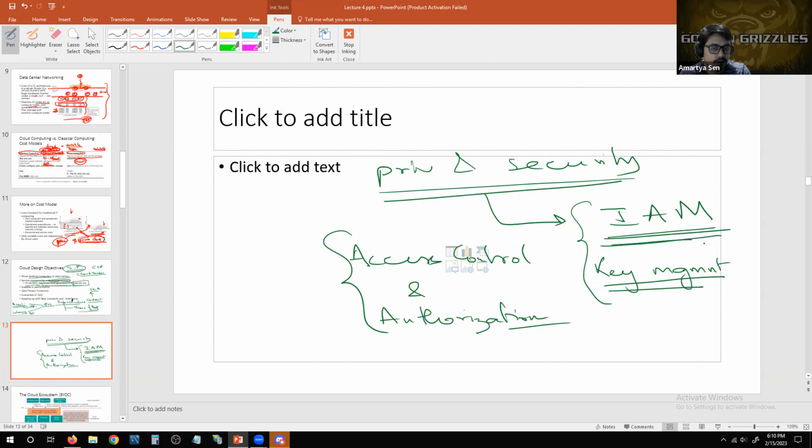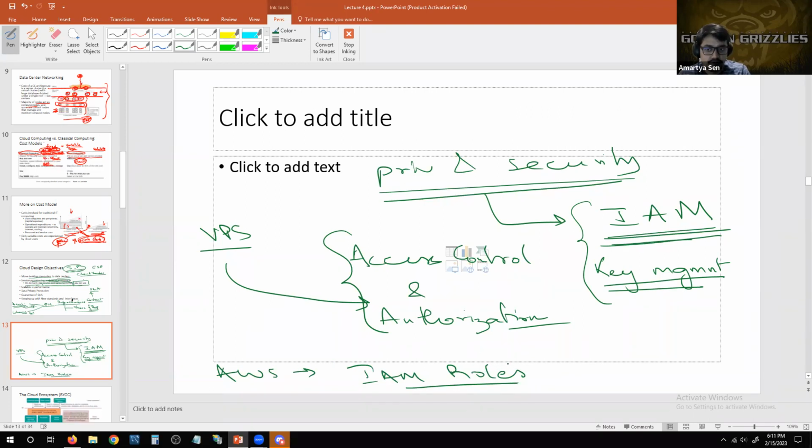We need to decide all of the users who will be able to access our virtual private server, or VPS, that we design on the public clouds, right, and then what is the extent of their authorization, okay? So specifically with respect to AWS, and we will learn about this, so if it doesn't make much sense right now, don't worry about it. There are things called IAM roles, right? These roles define access control policies, okay, with respect to all of the different components that will be present inside